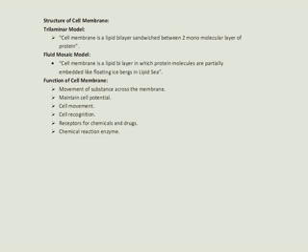Fluid mosaic model: the cell membrane is a lipid bilayer in which protein molecules are partially embedded, like a floating iceberg in a lipid sea. Function of cell membrane in brief: movement of substances across the membrane. It means they help in transportation of material, maintain cell potential, help in cell movement and cell recognition, act as receptors for chemicals and drugs, and help in chemical reactions of enzymes.